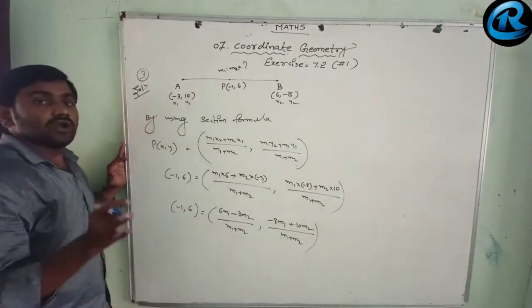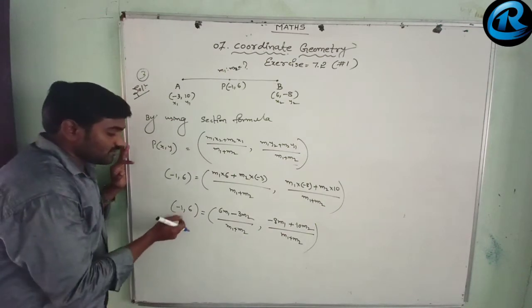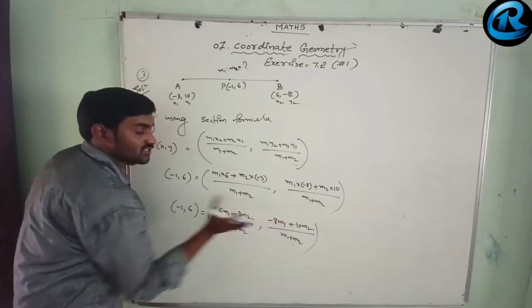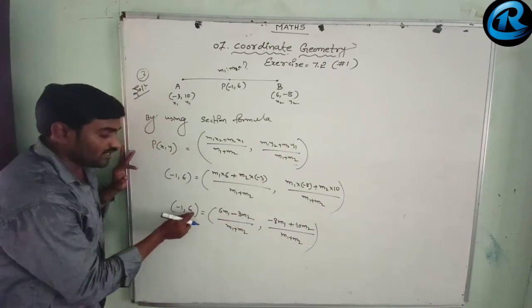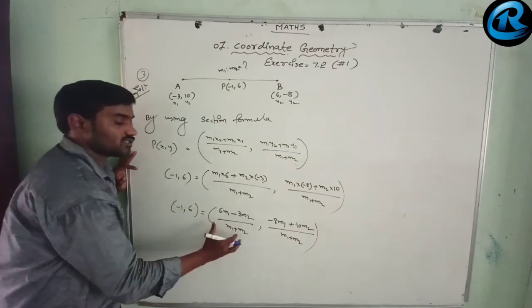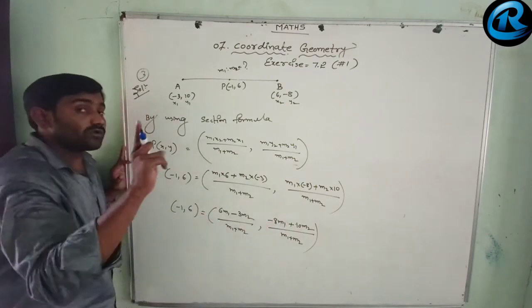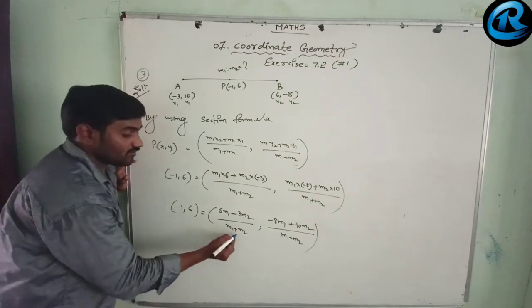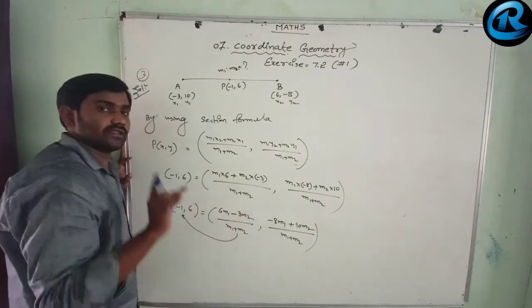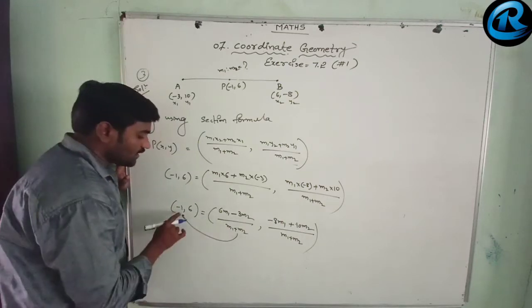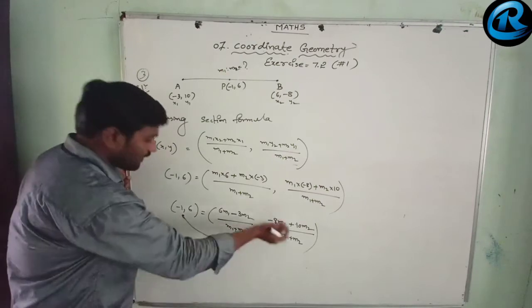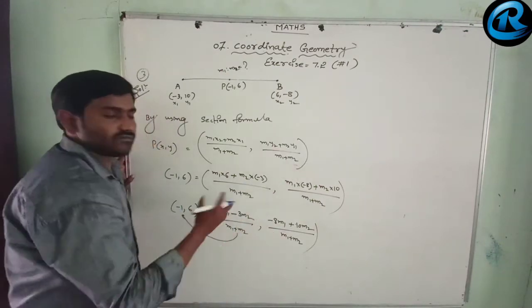Now either we have to compare here one point and here one point, here x coordinate, here y coordinate. Here it is x coordinate and y coordinate. ఇక్కడ ఒక x coordinate ఉంది, ఇక్కడ ఒక y coordinate ఉంది. ఏదైనా ఒకదాన్ని ఈక్వల్ చేయాలి. You make equal that x coordinates are equal లేదా y coordinates ని ఈక్వల్ చేయండి. x coordinate ని ఈక్వల్ చేసి ప్రాబ్లం సాల్వ్ చేయండి, మీకు m1 m2 వాల్యూ వచ్చేస్తుంది. లేదా y కోఆర్డినేట్ ని ఈక్వల్ చేసి ప్రాబ్లం సాల్వ్ చేయండి, m1 m2 వాల్యూ వచ్చేస్తుంది.